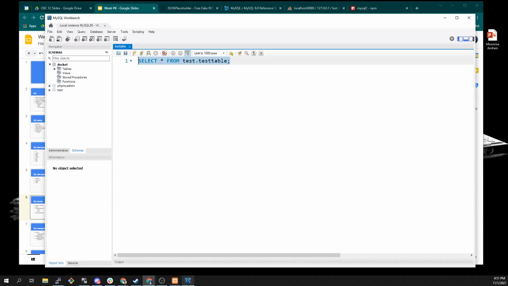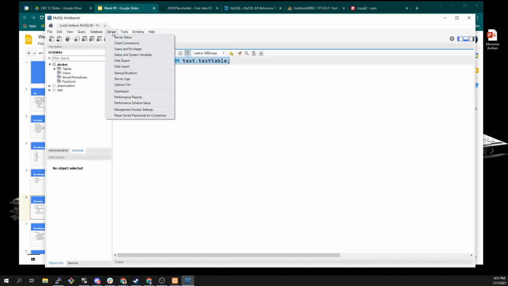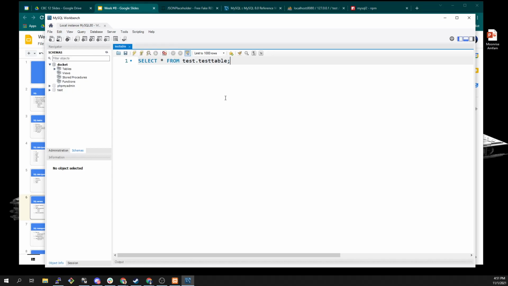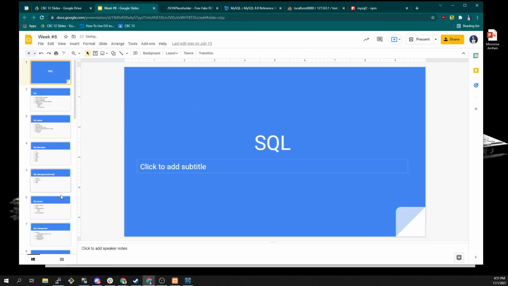MySQL Workbench has a bunch of analytics and other kind of crazy stuff in here that is sometimes useful. But I very rarely use those things myself. So,